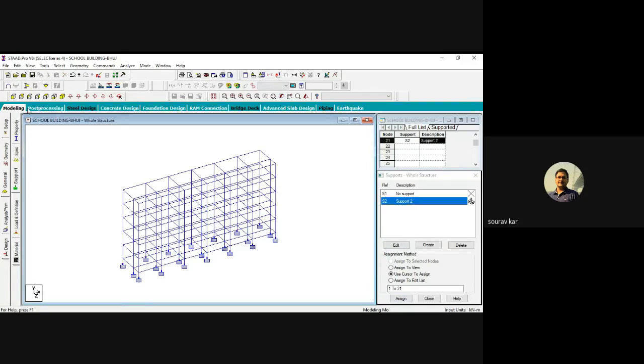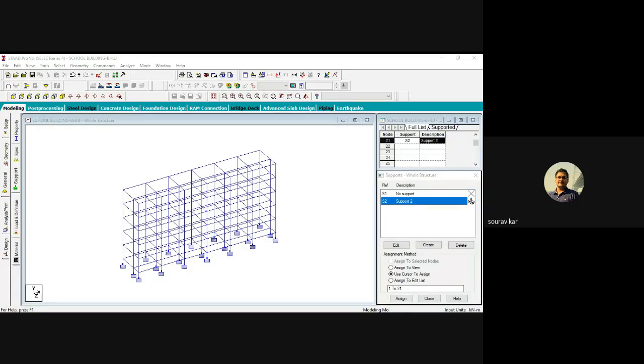First stage was the supports; second stage is the property. So now I will go back to my slide and check the beam sizes and column sizes. Now the slab: we do not draw the slab physically. We can draw the slab as a plate, which is a special case.